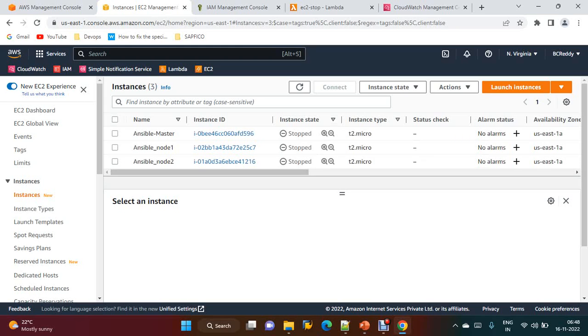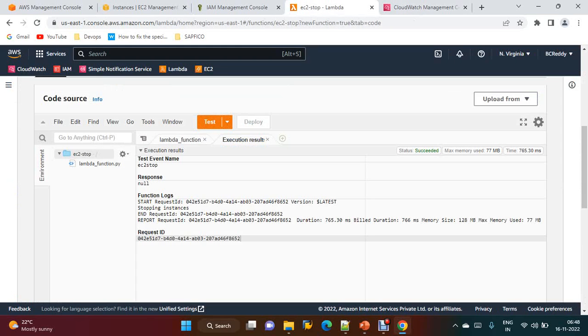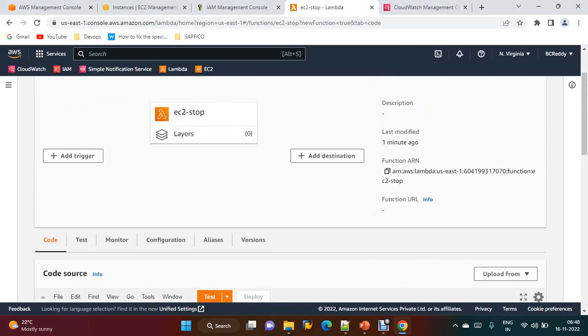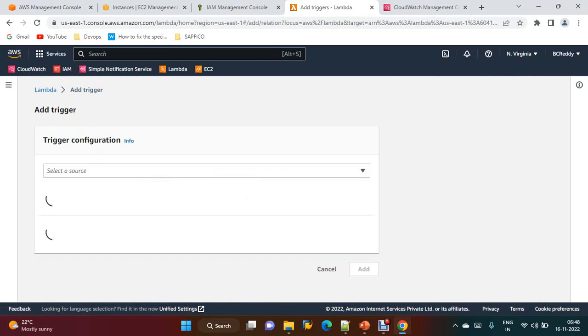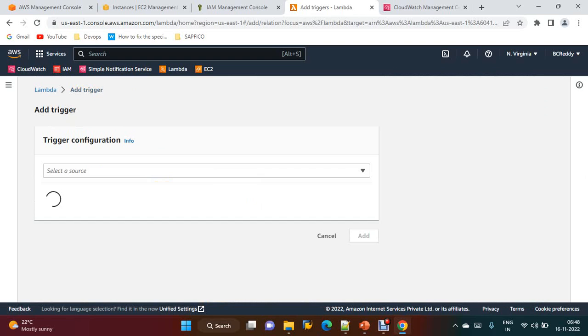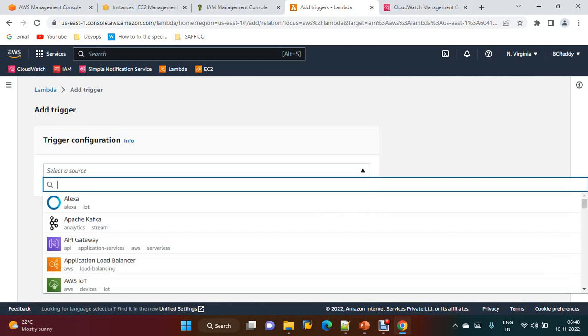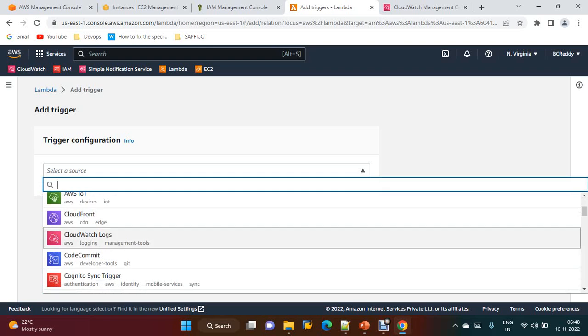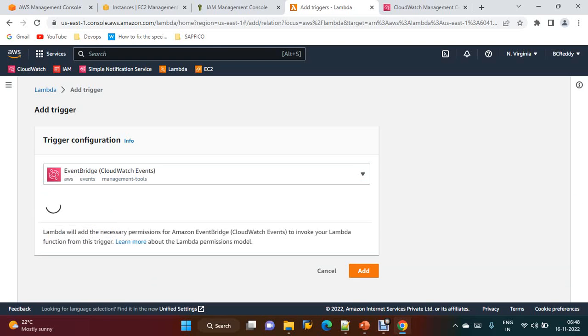Currently, we are triggering the Lambda function manually. I don't want this one, so I want these events to be triggered automatically based on schedulers. You just need to write a cron job and you can schedule this Lambda event. It will automatically trigger this one. So you can do add trigger. If you have trigger CloudWatch events,